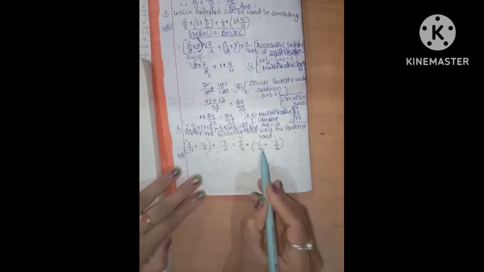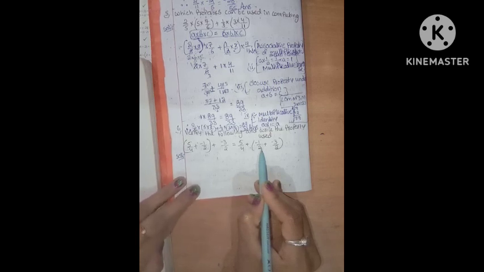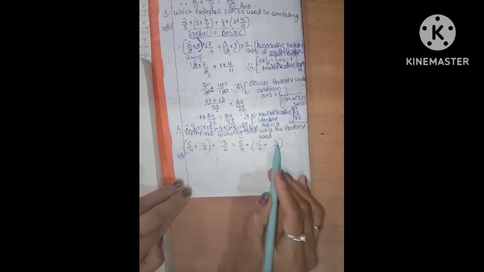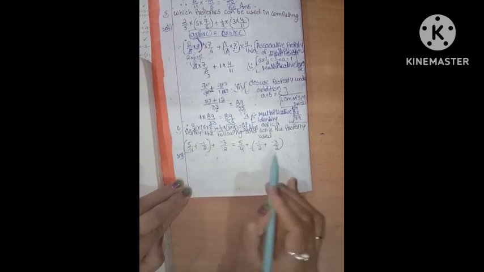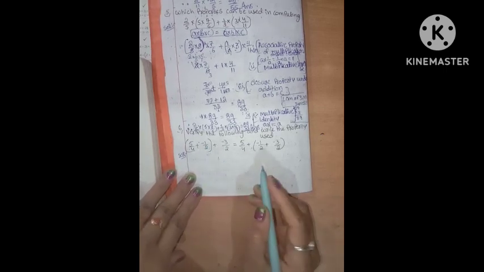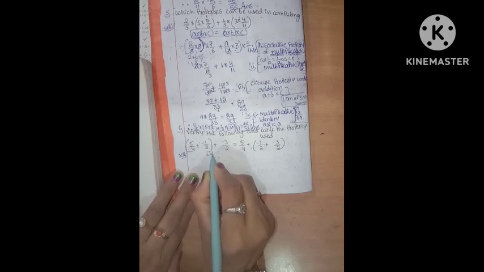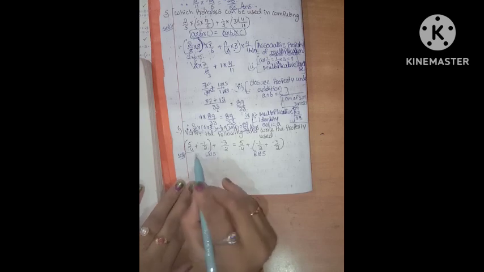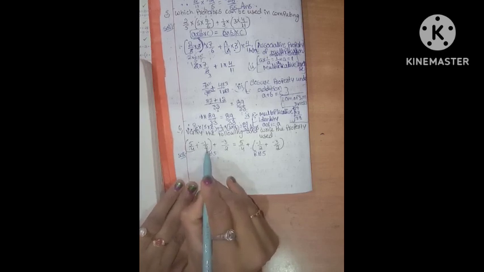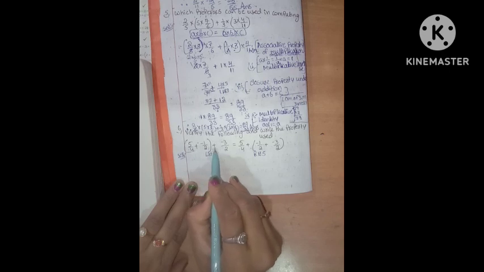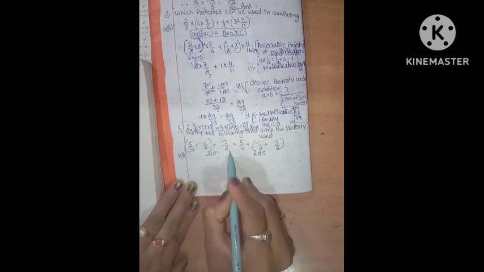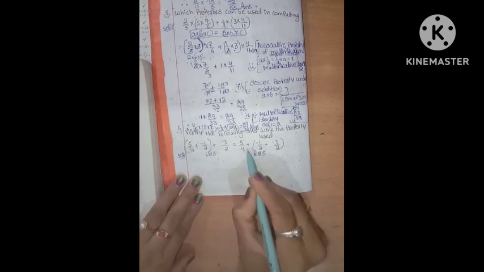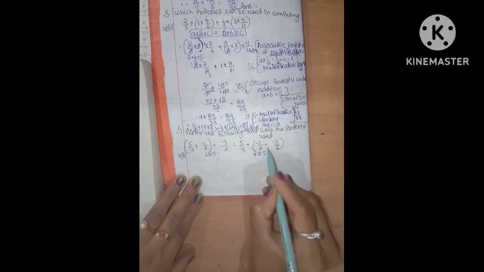This is the LHS part and this is the RHS part. Is it verified or not? One property is given. Is the LHS equal to the RHS? So first, the first two terms: the sum of these two terms and then the third term equals the first term plus the sum of the second and third terms.